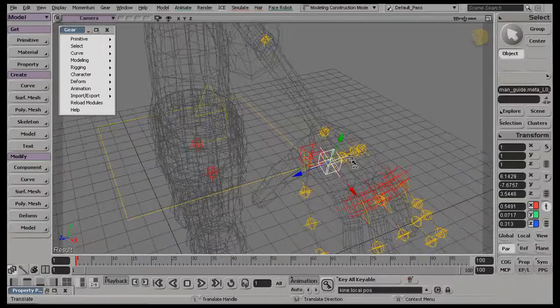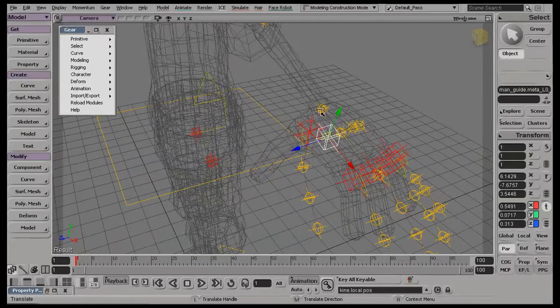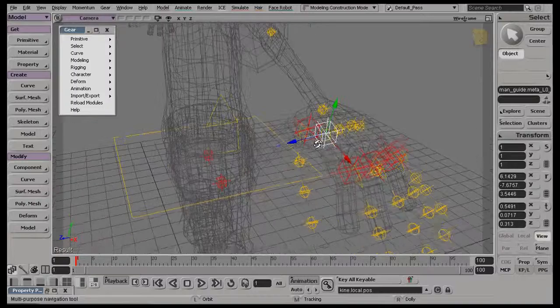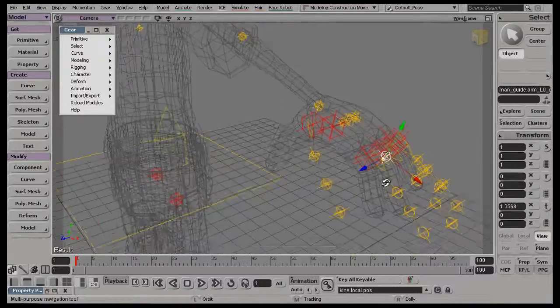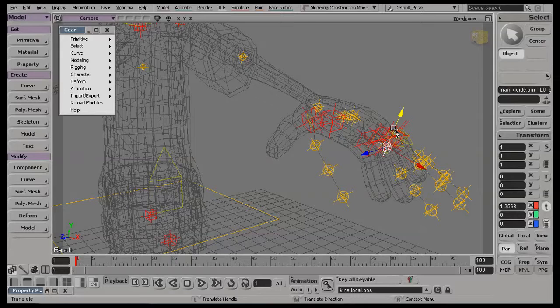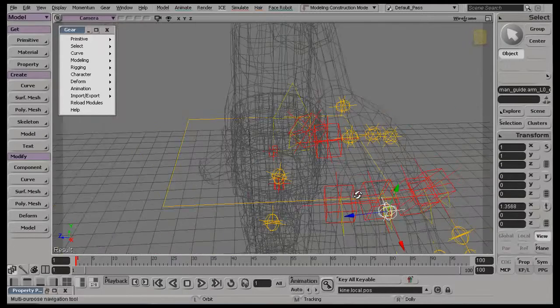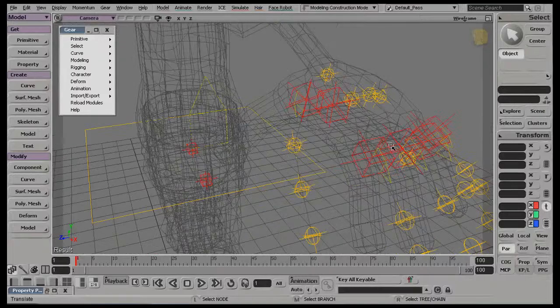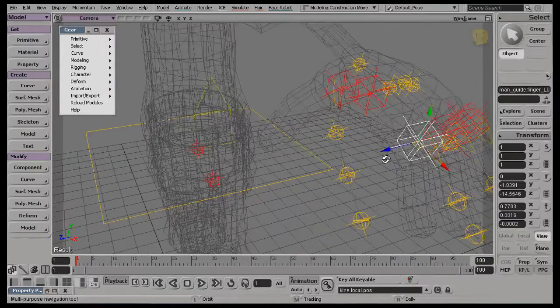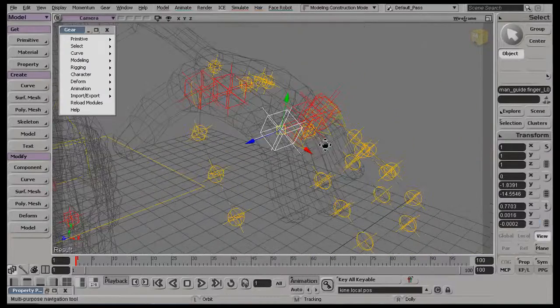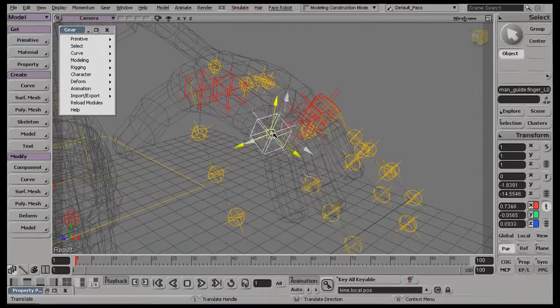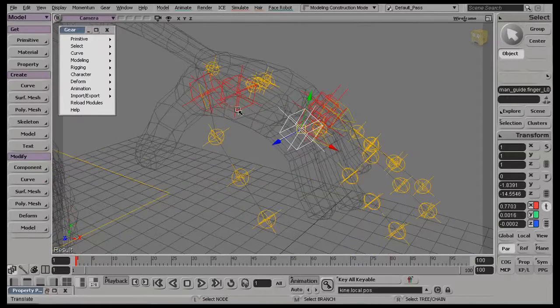But I believe this is linked actually to the wrist bone. It's not mistaken, so just don't be confused and move this guy around here. I don't think it'll really matter too much, but that's part of the arm bone, so ignore that. This set of fingers here, you can see right there, that set of fingers is linked to this part